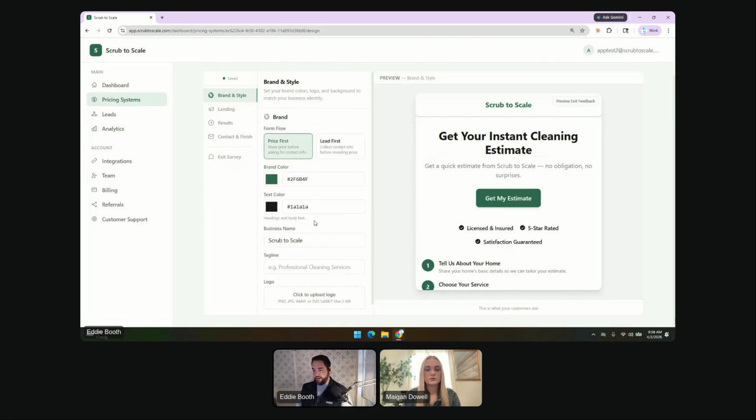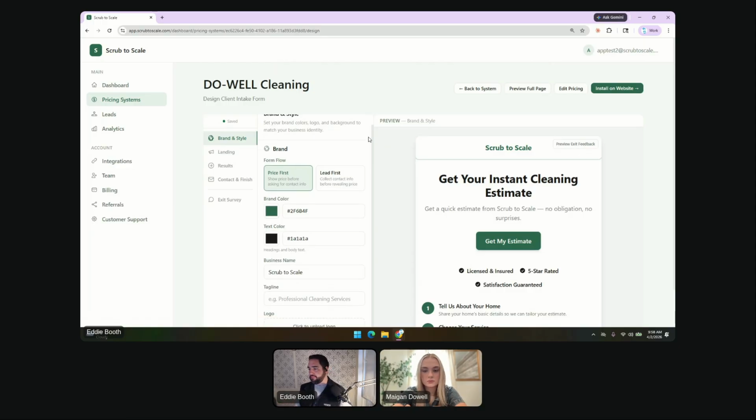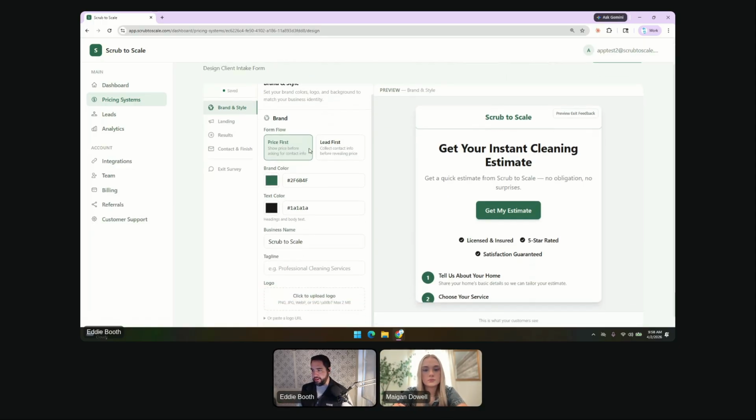Yeah, absolutely. So like you mentioned, this is what the client is actually going to fill out in order to get their price estimate, and what you're going to receive from the client as far as what their quote should be. So the first part here is setting up how you want the form to go. You can either set it so the client can see the price first before putting in their information, or what I would prefer to do is have it